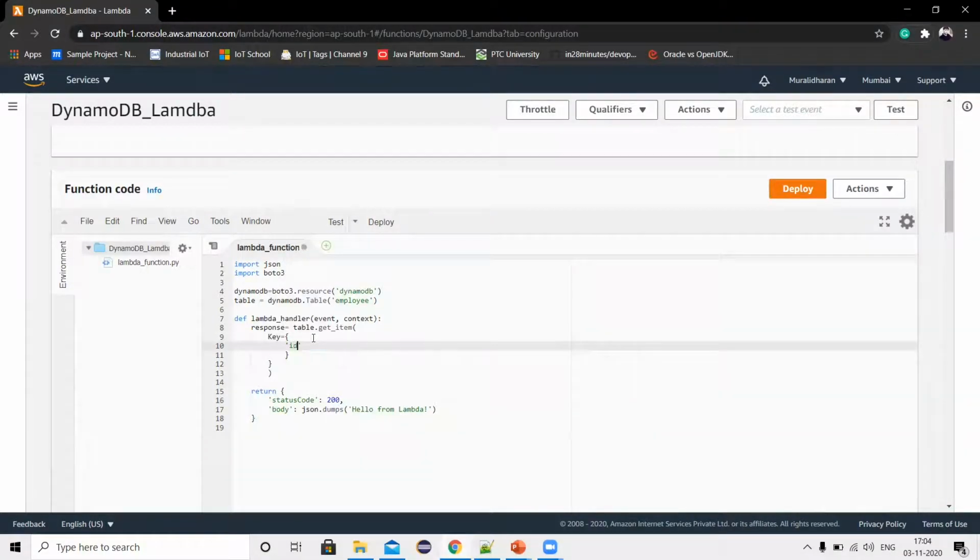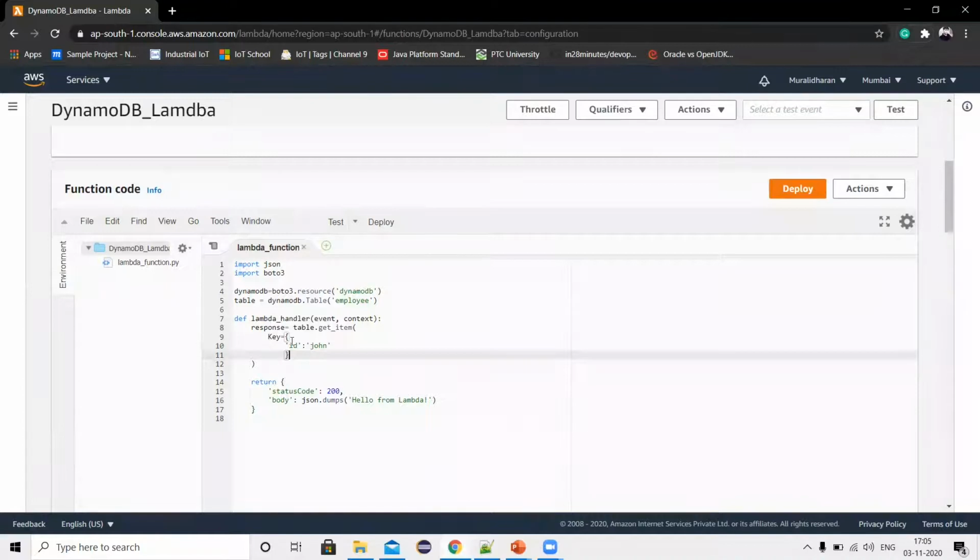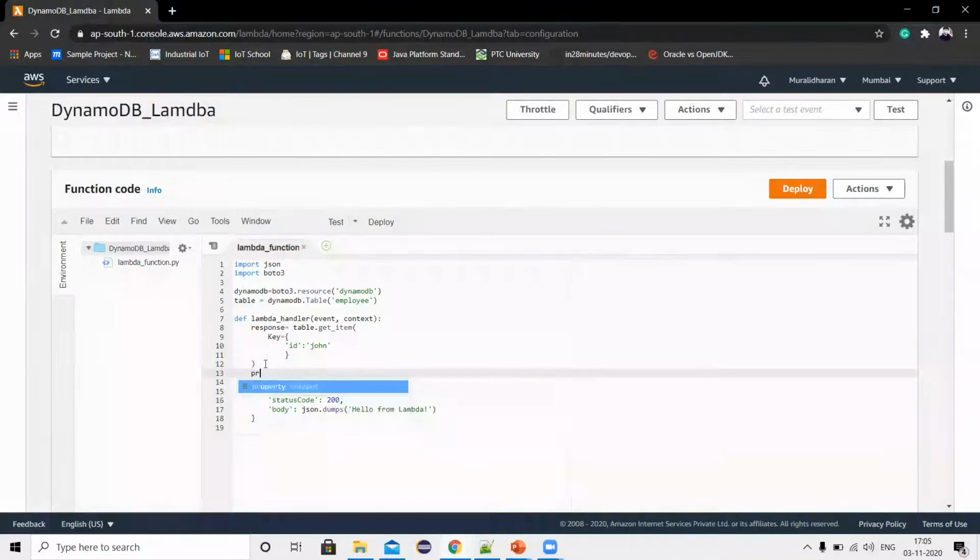My key there I provided John. Here I passed the key, and I'm printing, sorry, I'm returning the response.